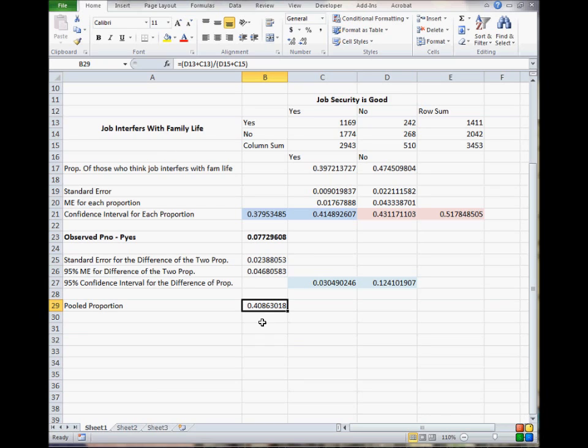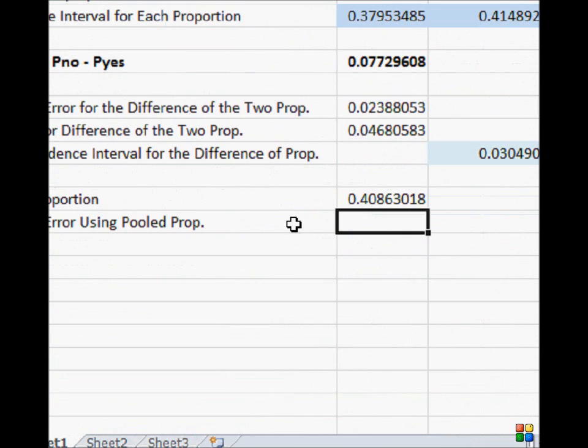You're going to have to use p hat, or the pooled estimate. Using the pooled proportion, once again, we'll use the square root function, equal sqrt open. Use the pooled proportion by just clicking on it,